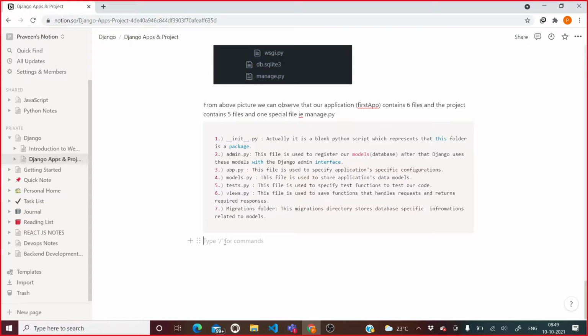One of the most important things you need to note here: the most commonly used files in every project will be views.py and models.py. I already told you that most of the time you are going to work with views.py.